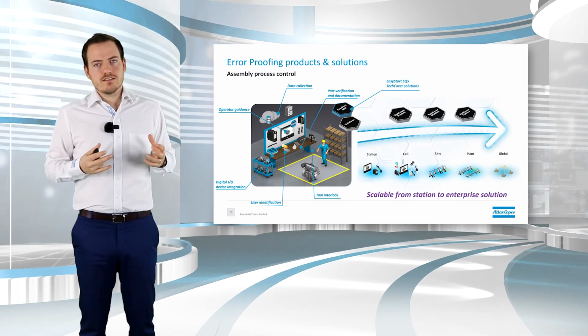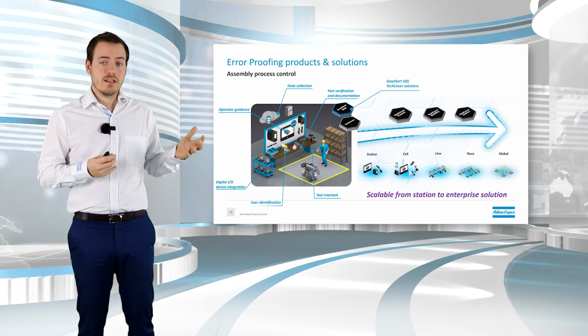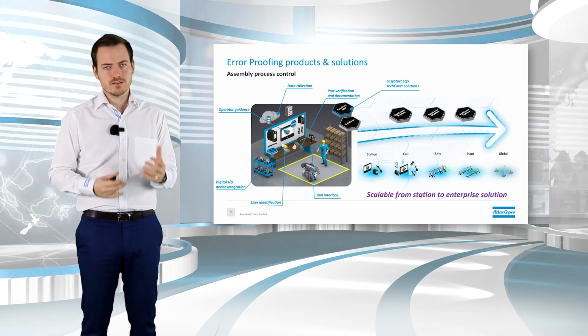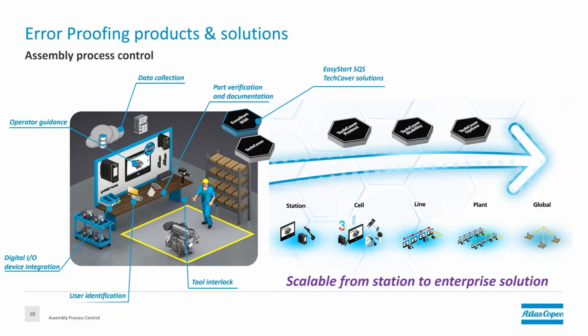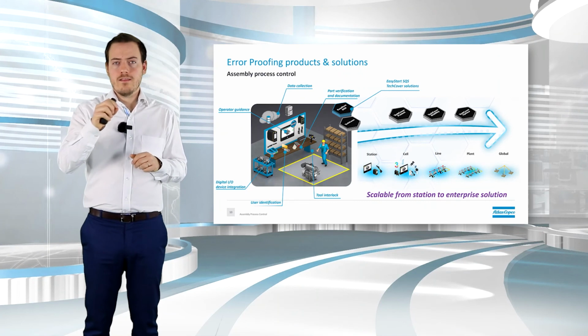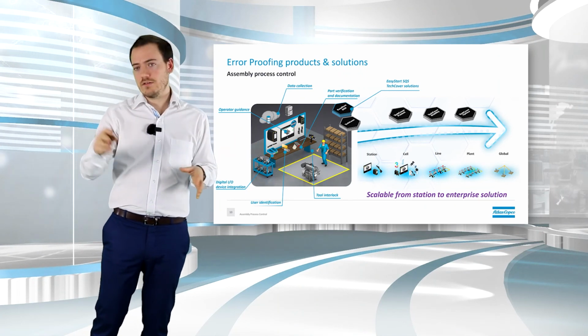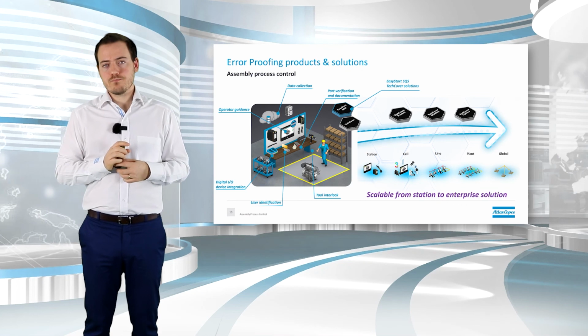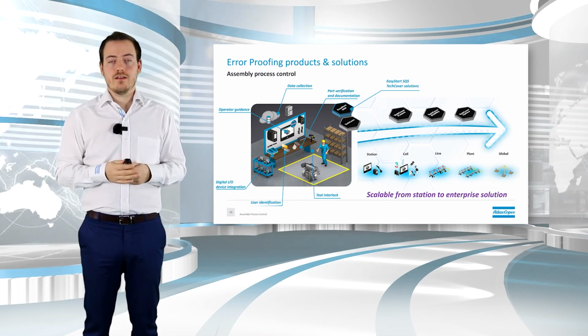We want to make sure that, as I said before, we deliver all our promises to our customers. And then in the case of SQS, it's scalable. That's quite nice, that we can start on one station, the customer can start checking and controlling this on a station level, then maybe on a cell level with more devices interconnected, then a line, a complete line with a rework at the end, control the complete plant, multiple lines in parallel, and why not even globally, so that the customers and the headquarters and the tech centers can check that all the results are in the right way, and that if there is a problem on this plant, on that plant, we make sure that this information is shared.